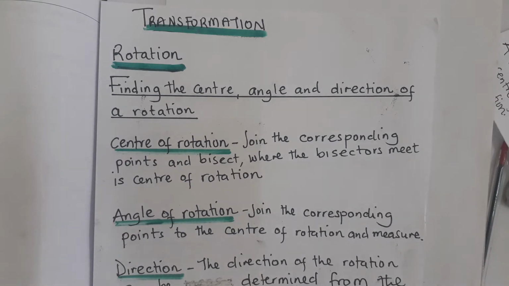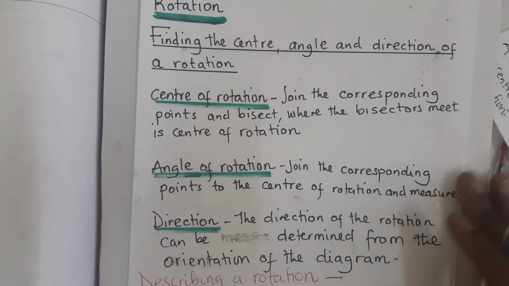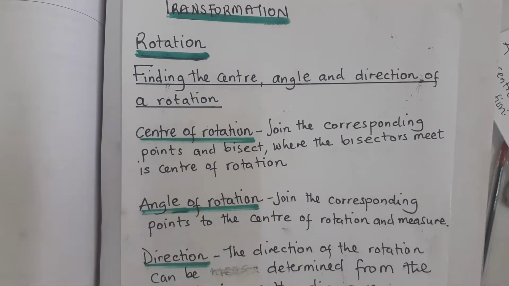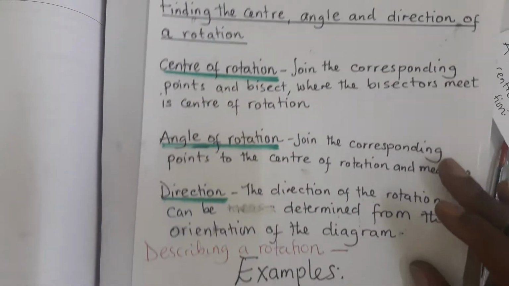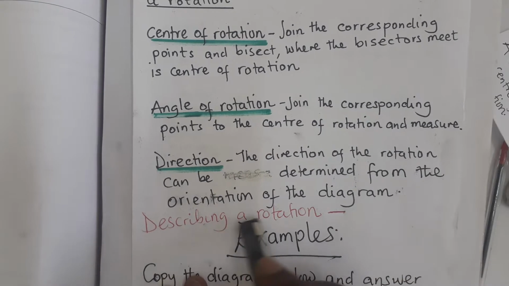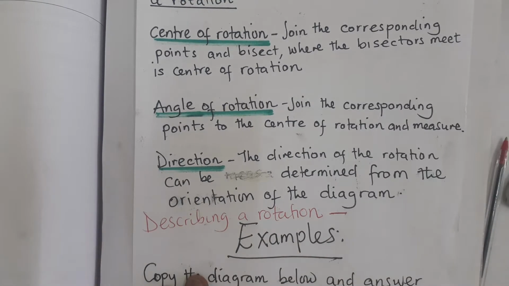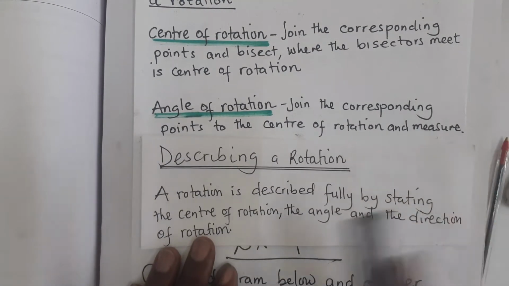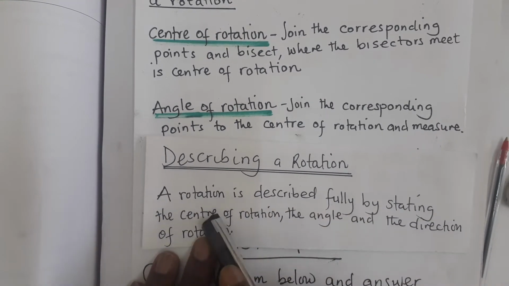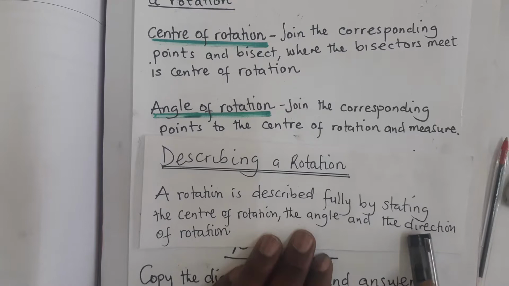Okay, so what I want you to do first is write down these notes. This is the second lesson of rotation under transformation. Write down these notes on how to describe a rotation before we come to the example. A rotation is described fully by stating 1, the center of rotation, 2, the angle, 3rd and last, the direction